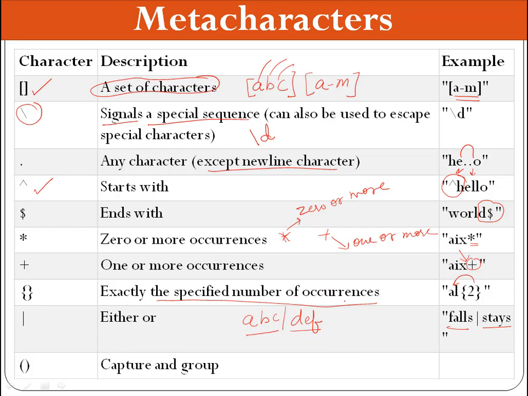Then this is open close parenthesis. This is capture group. So you're grouping something. The patterns are being grouped, right? Let's take an example, a b c, then we have 0, d e f. So you have grouped into patterns, right?